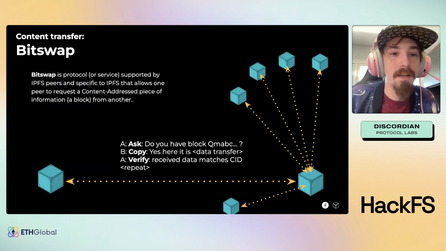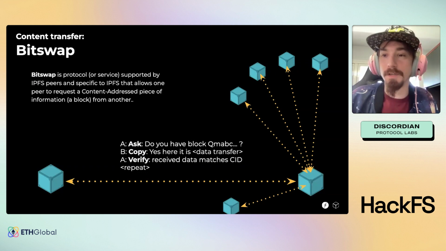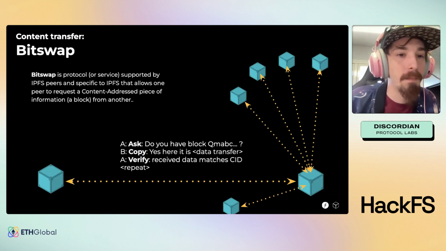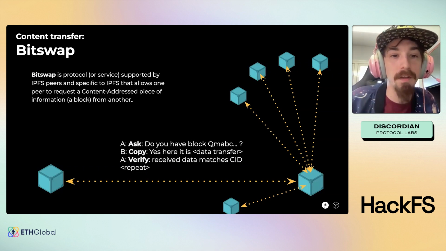The last step to retrieve content in IPFS is, of course, to download it. Because we know how to contact the peer holding the content, and we know what content we want, we can connect, receive, and verify it. This means that any content received through IPFS is authentic and matches the request.